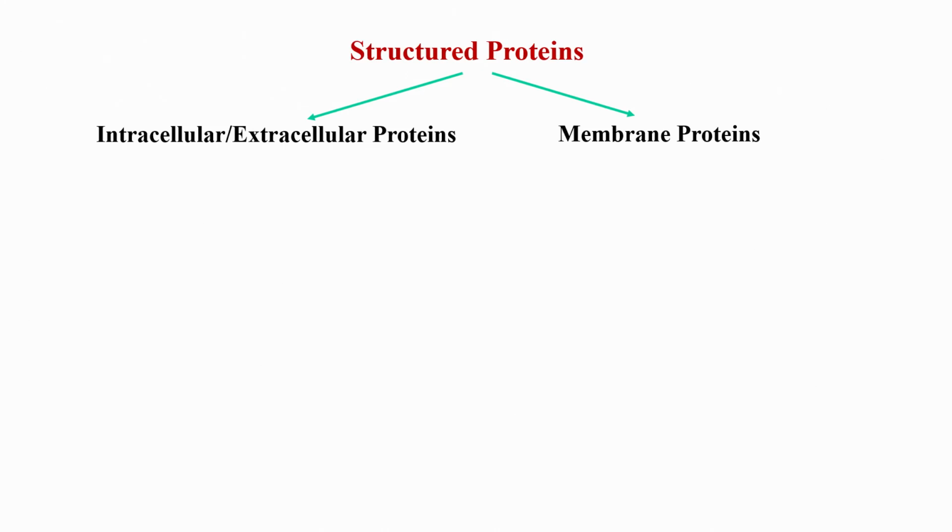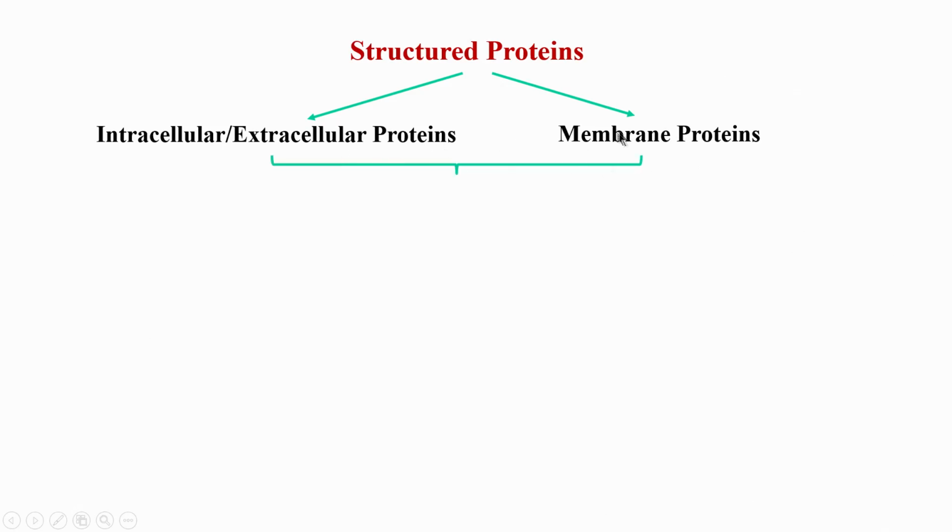Now, proteins can actually be divided into different categories. As I said earlier, one category we can say globular, that is intracellular or extracellular protein. This means it is inside the cell or outside the cell, and proteins which are sitting in between, that is on the membranes, are called membrane proteins. There is a fundamental difference between the two. As I said here, the hydrophobic groups of amino acids are inside the core of the protein, and the surface of the protein is made up of hydrophilic amino acids, whereas here it is exactly opposite. You have hydrophobic amino acids outside and hydrophilic amino acids inside the core of the protein.